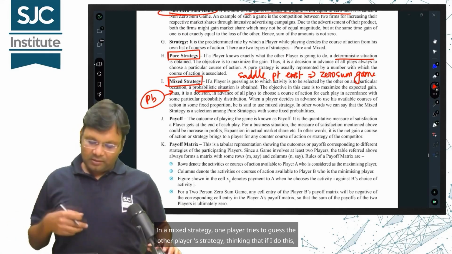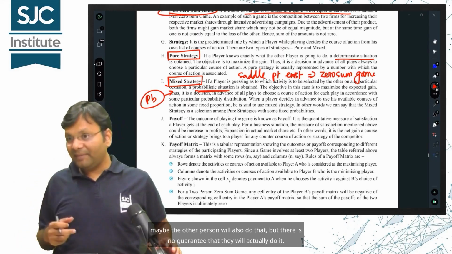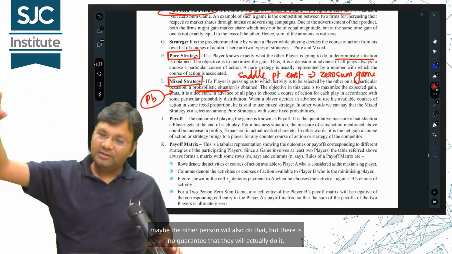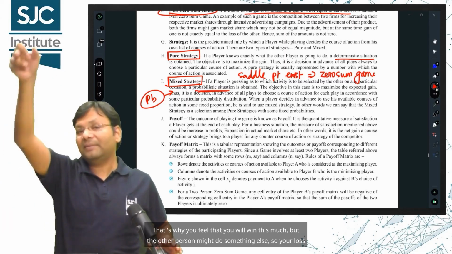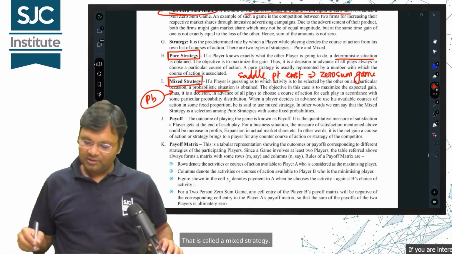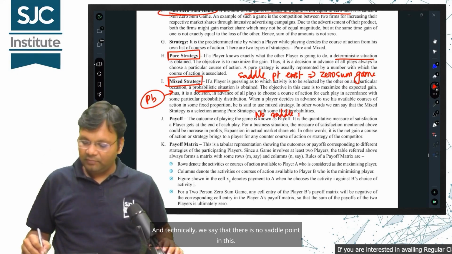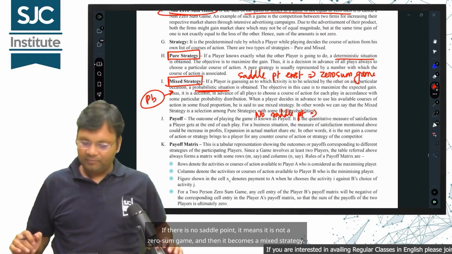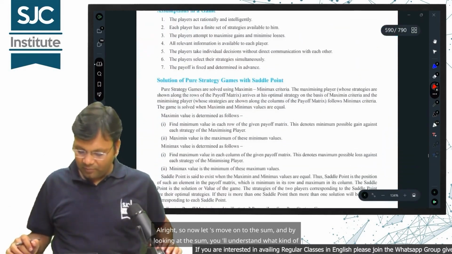In a mixed strategy, one player tries to guess the other player's strategy, thinking that if I do this, maybe the other person will also do that, but there is no guarantee that they will actually do it. That's why you feel that you will win this much, but the other person might do something else, so your loss could be different as well. That is called a mixed strategy. And technically, we say that there is no saddle point in this. If there is no saddle point, it means it is not a zero-sum game, and then it becomes a mixed strategy. Alright, so now let's move on to the sum,